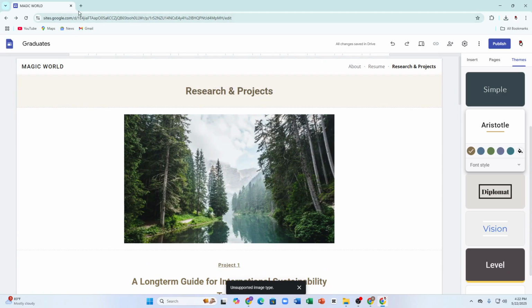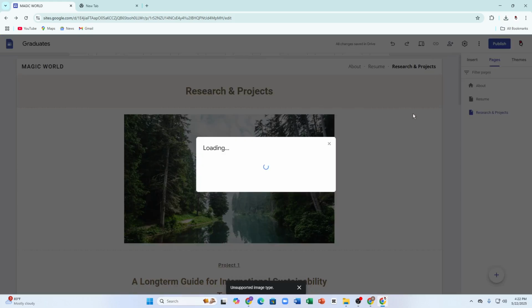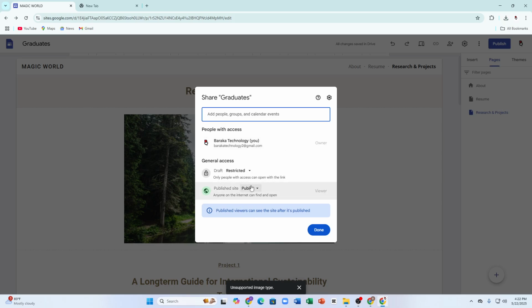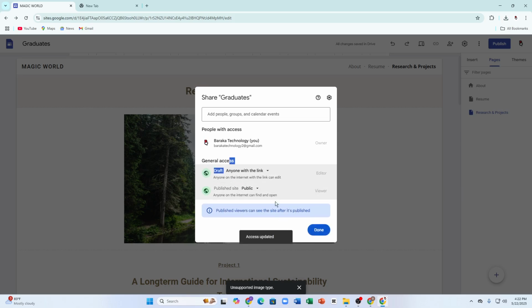With the help of Google Sites, you can create a blog post right like this. Now let's say you want to upload or publish it. At the top right corner here you can see this plus icon here. You can share it by copying the link from here. You can make it public, you can restrict it, also you can remove the link if you wish to, and from the draft side you can choose this option, anyone with the link, and then you can save it up,